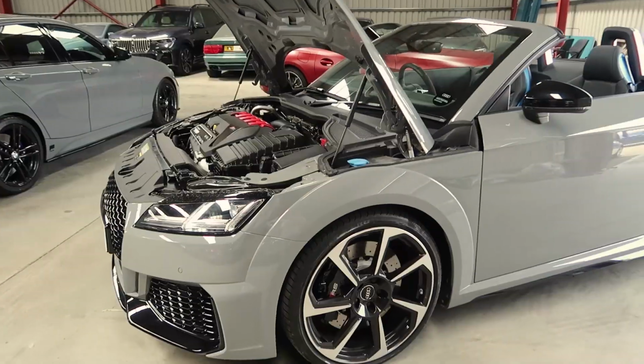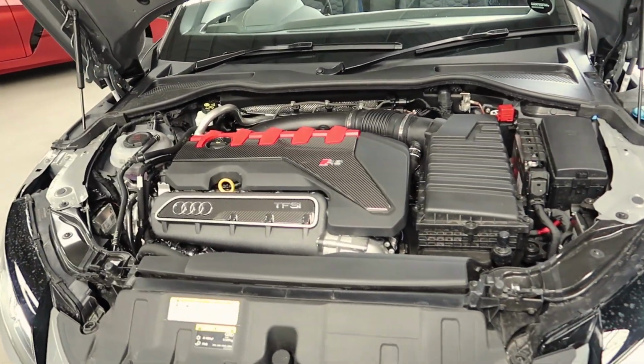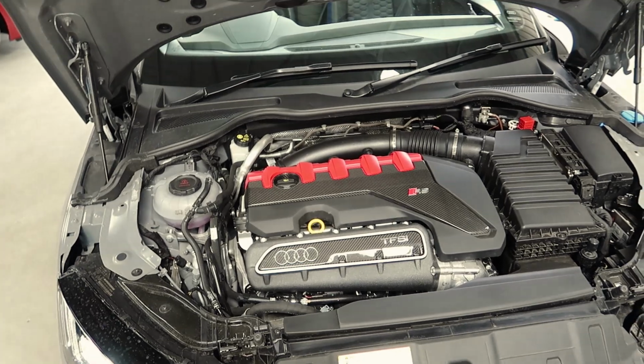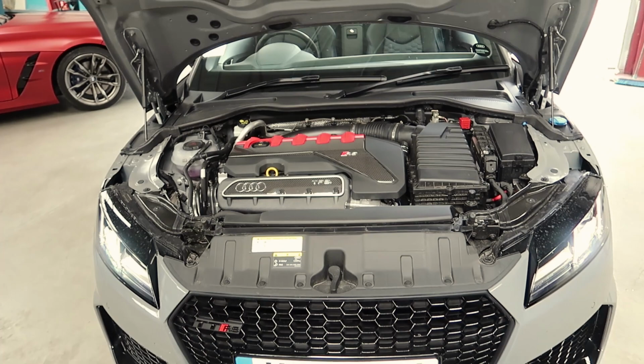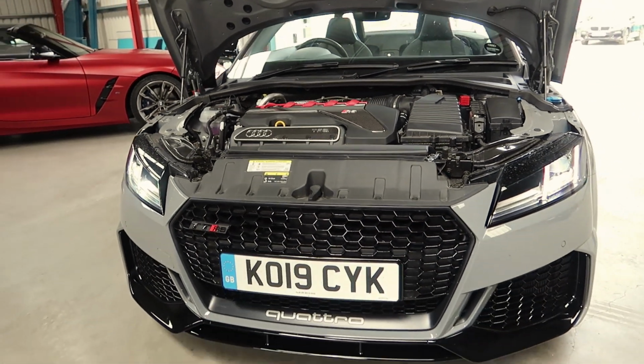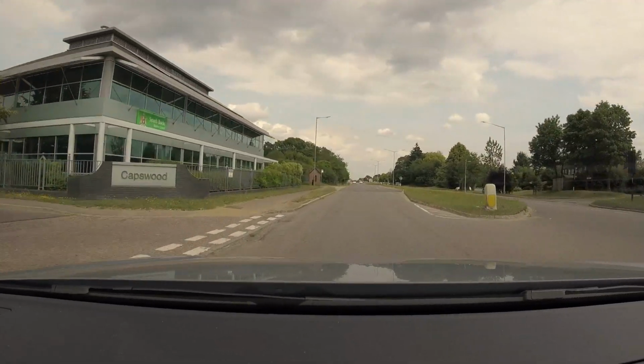And actually, unlike many turbocharged engines, this one really gets in its stride at about 5,000, and it will go all the way out to the red line at about 6.8. Quite happily, and it encourages you to do that, in fact, and we'll demonstrate that off the lights in a minute because we're in a 40 zone right now. So it is quite a flexible, linear power curve on this turbocharged engine, but anything below about 2,500 RPM and it's just really laggy,